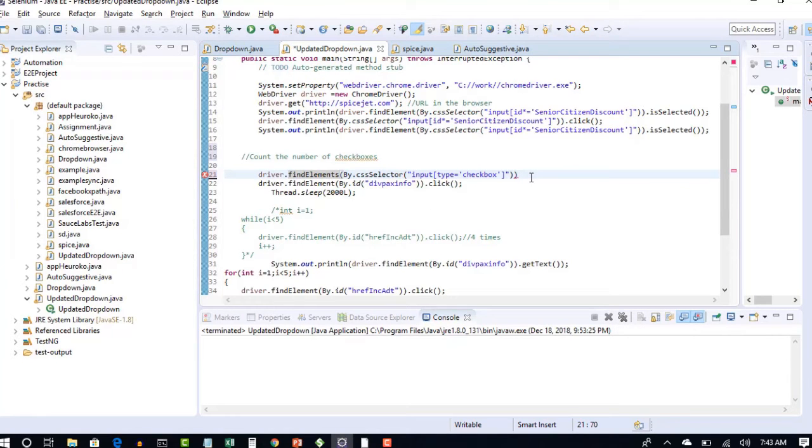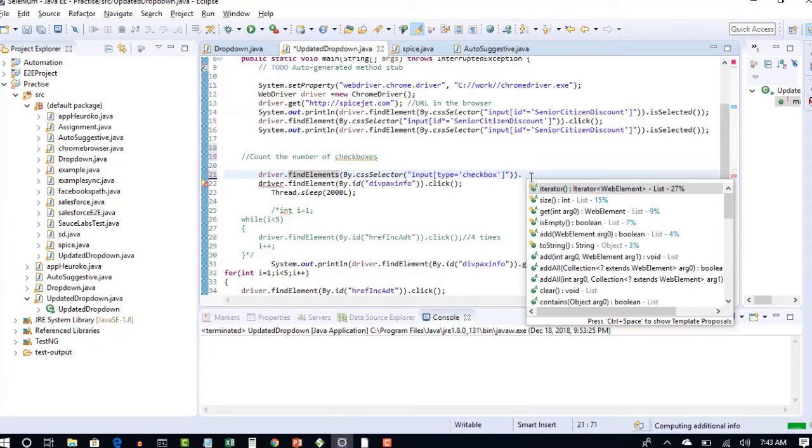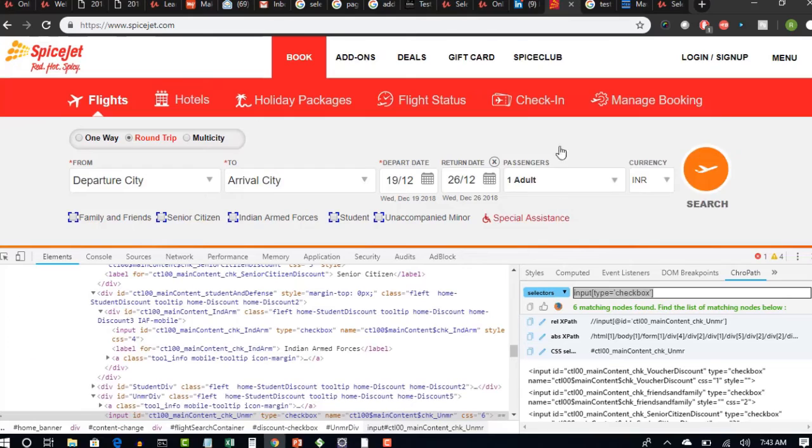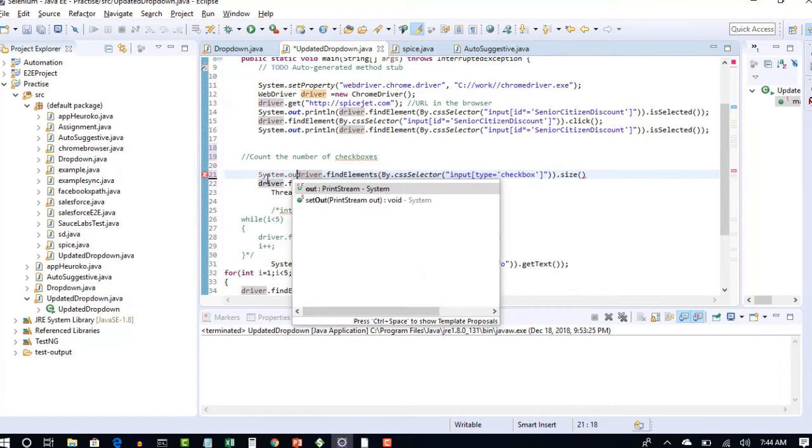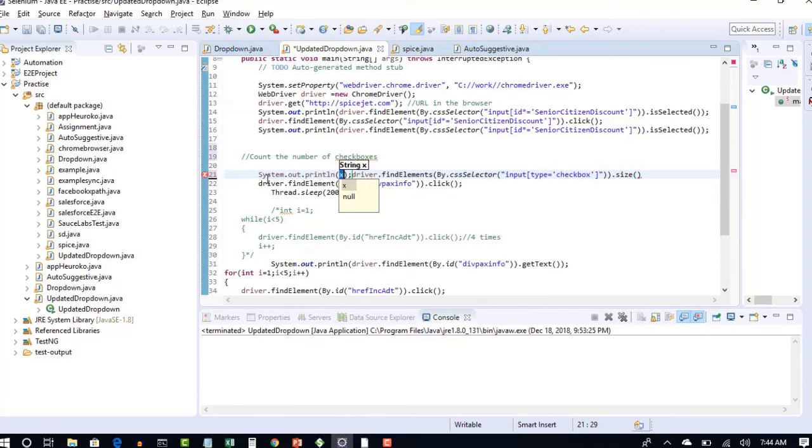Once you have all those in your hand, simply say dot size. This will give the size of that findElements result, nothing but the count of checkboxes which we need from our application. That's it. That's how you can do that. To print it in the output, System.out.println.